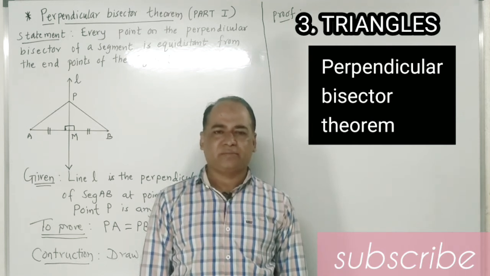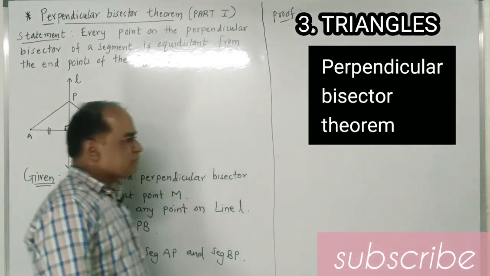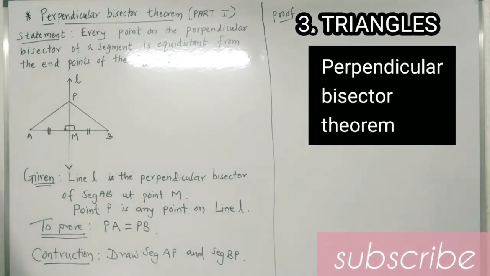Dear students, today we will study the most important theorem in the chapter Triangle, that is the perpendicular bisector theorem. So let us see the statement of the theorem. The statement of the theorem is: every point on the perpendicular bisector of a segment is equidistant from the endpoints